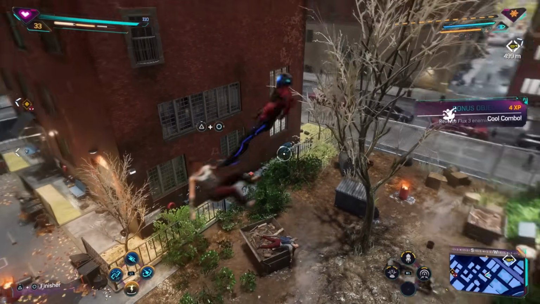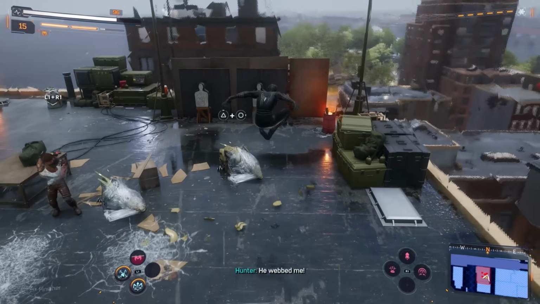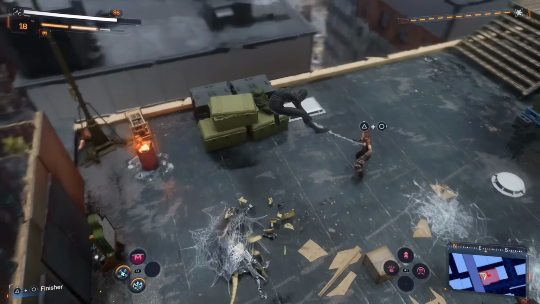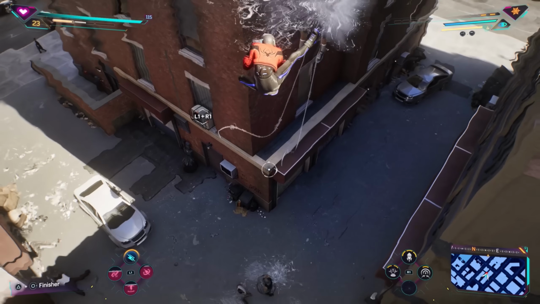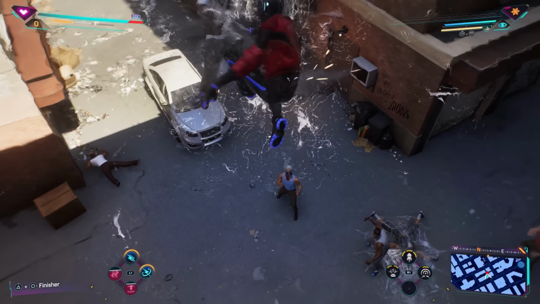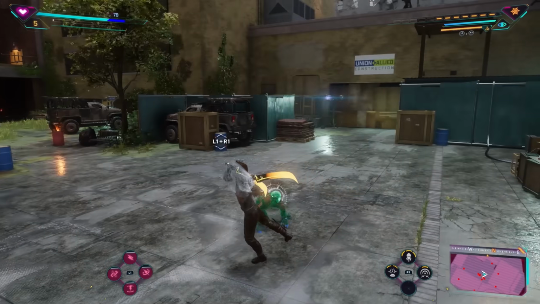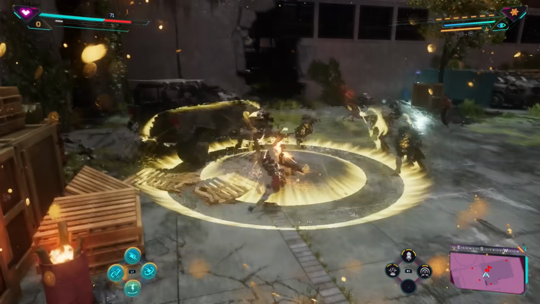But you can also combine this with the web shooters. Since you're going to smash targets into surfaces with both the triangle and the X hold, what you can do is just web them up with the shooters first and then smash them into something and immediately take them out of the combat. You're definitely going to want to do that since there are tons of enemies, so you will want to take them down efficiently. But like I said in yesterday's video, the parry is an absolutely amazing new mechanic and especially useful